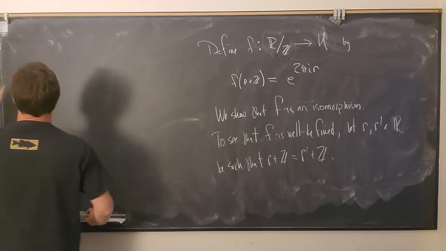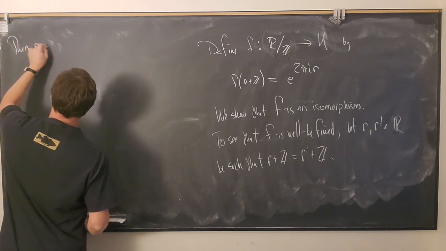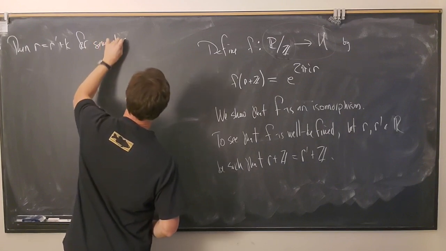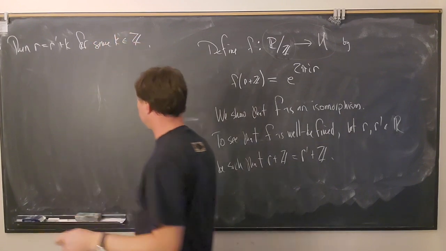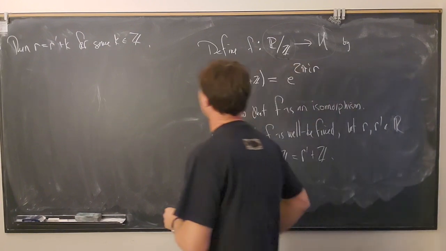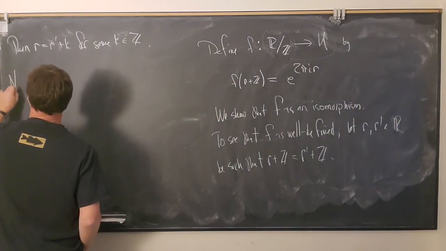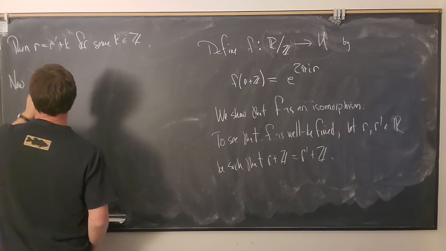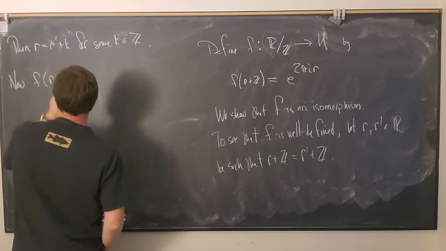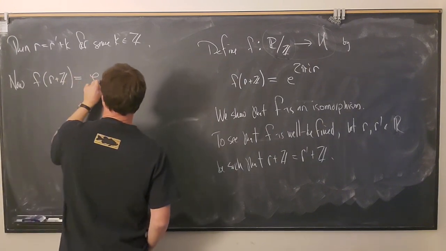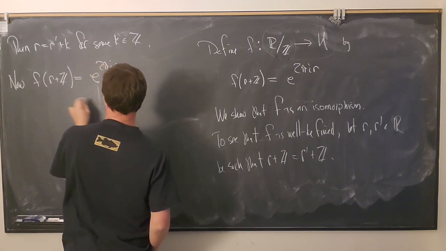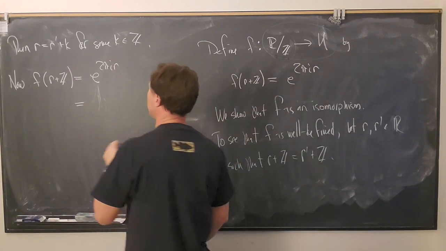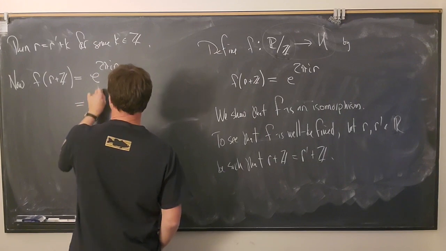So we can say then R is equal to R prime plus k for some little k in Z. Now, F of R plus Z, by definition, that's e to the 2 pi i R. But then R is equal to R prime plus k, so this is equal to e to the 2 pi